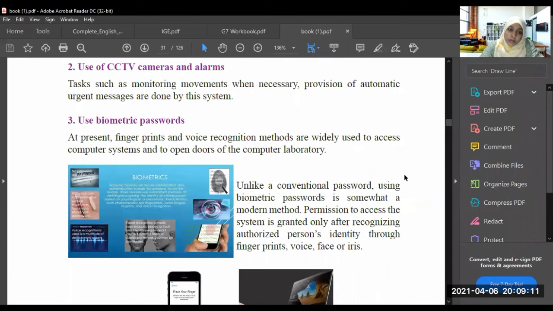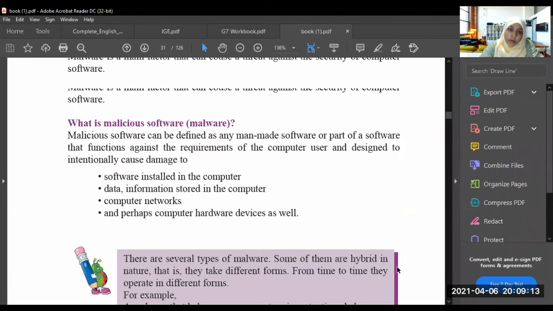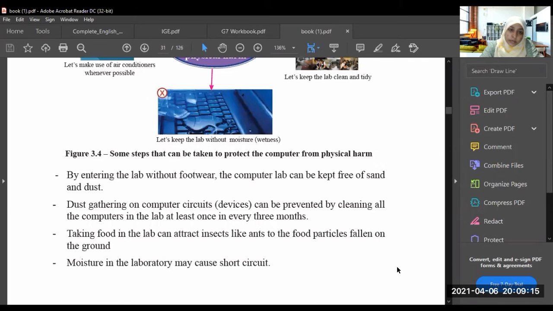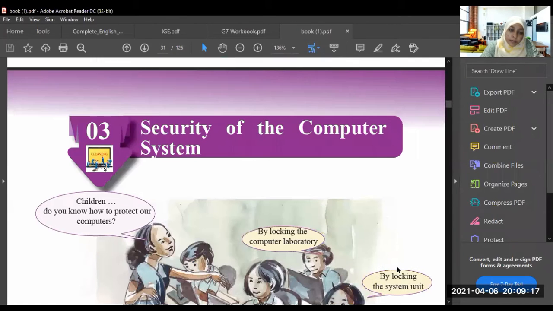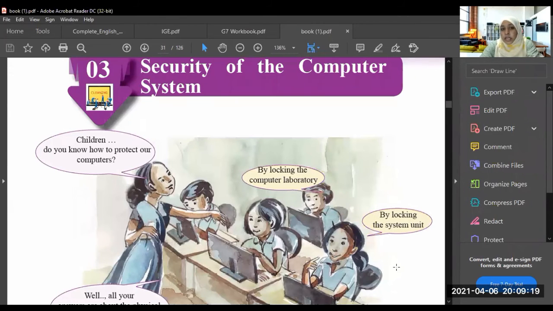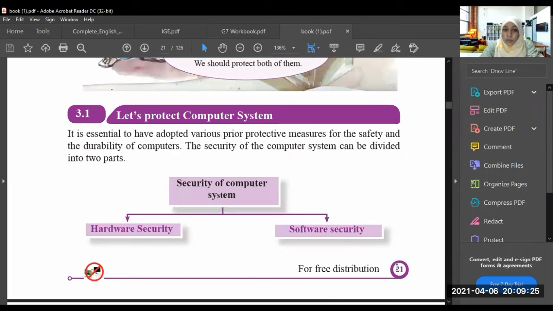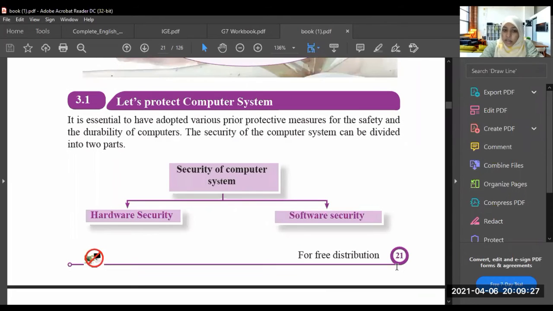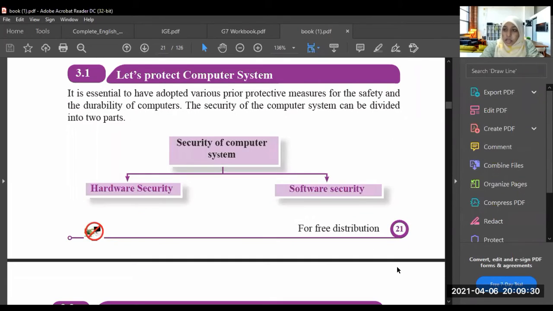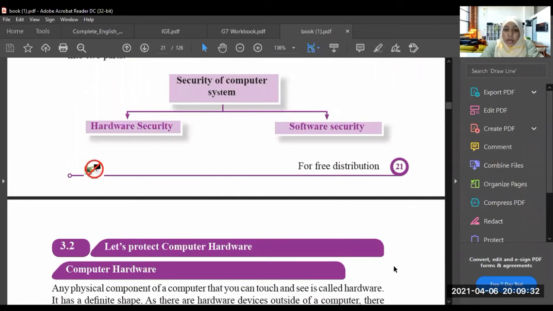I will tell you the summary from the beginning of this chapter. Everybody, please hear me. In this chapter, we learnt about the security of the computer system, or how to protect the computer system. It is divided into two: hardware security and software security.